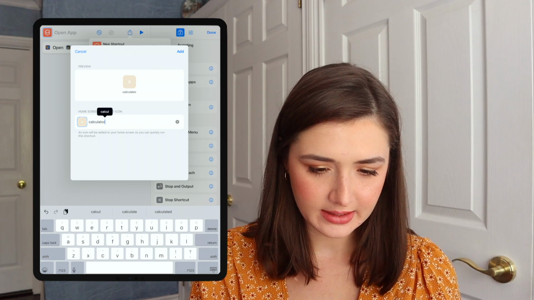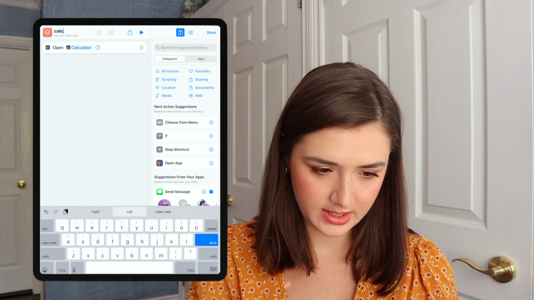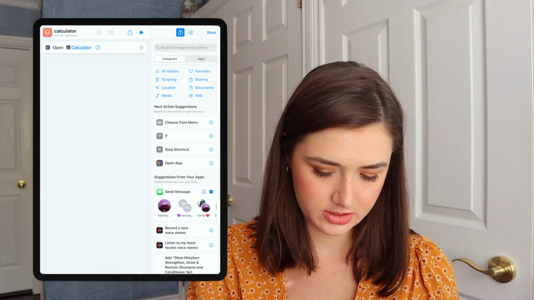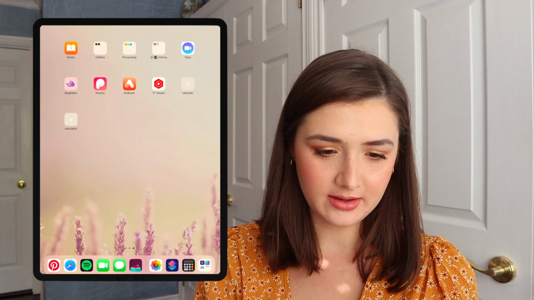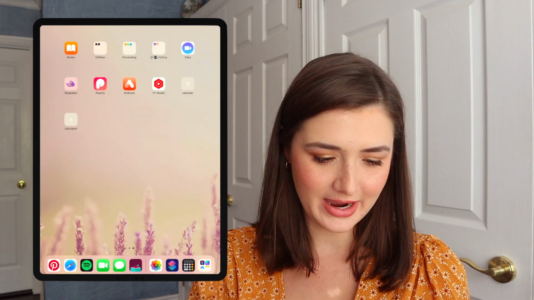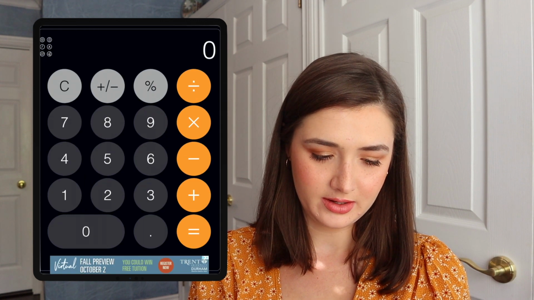And then click add. What you'll also want to do is change the title up here too so that it will show up there. I had already added calendar just before. They're added to this third page, which I will get to moving everything around after the fact. But at this point, when you click on it, calculator comes up.